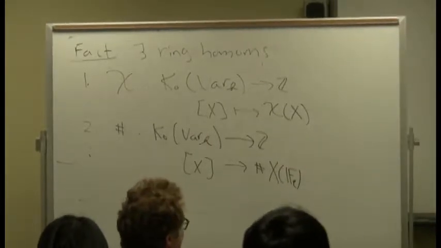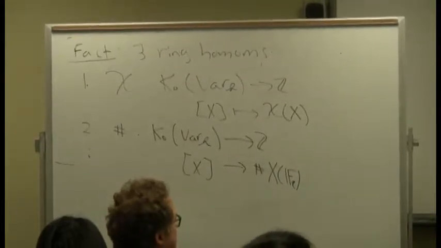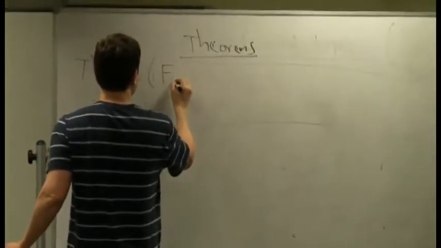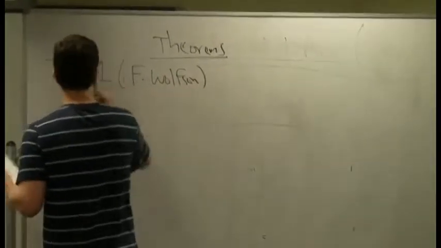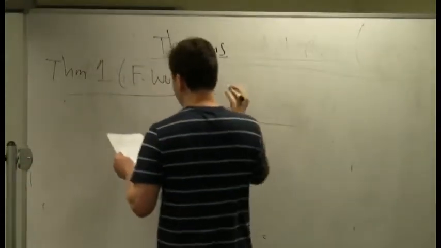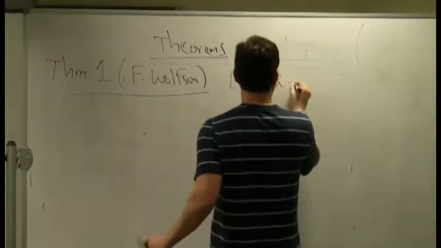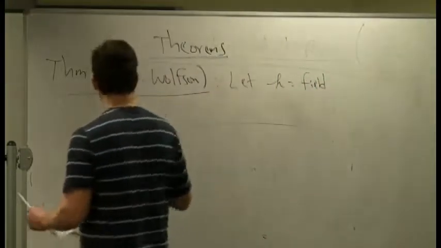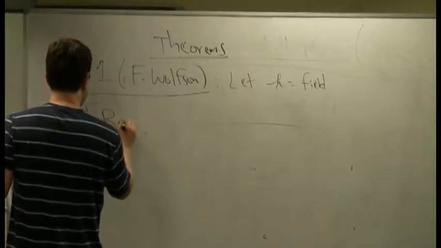Okay, the theorems. Theorem 1. And it's Farb and Wilson. These are all extremely recent, and everything is in flux. But let K be a field. Probably we want a perfect field, but anything that's not like a function field over a finite field. Let K be a field. Then what we computed